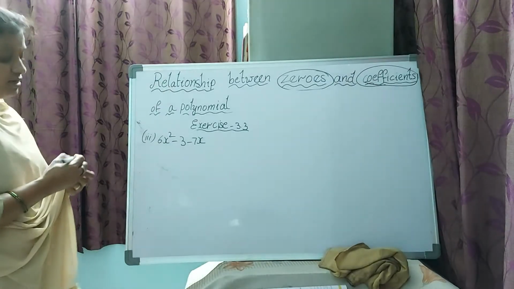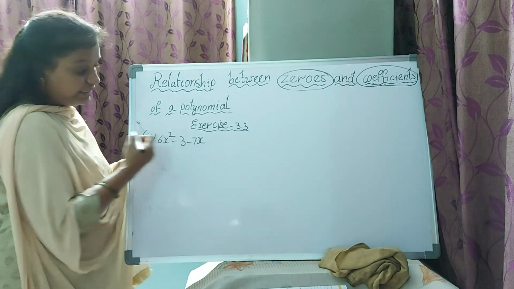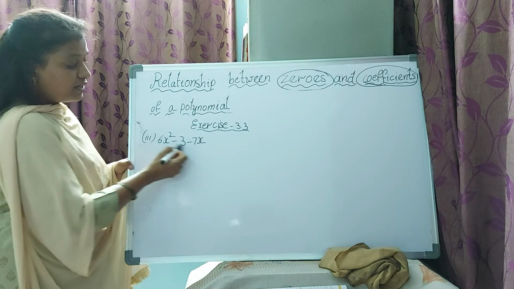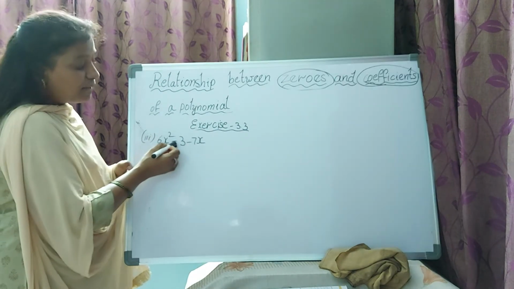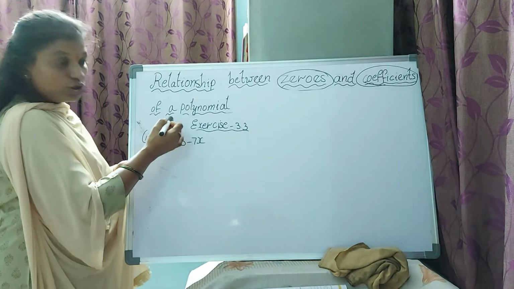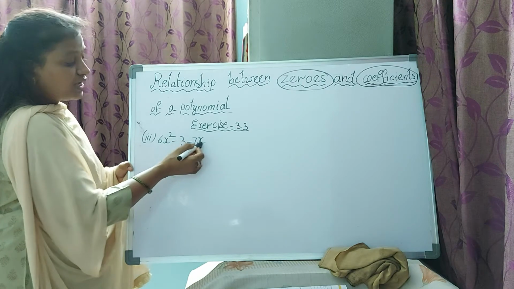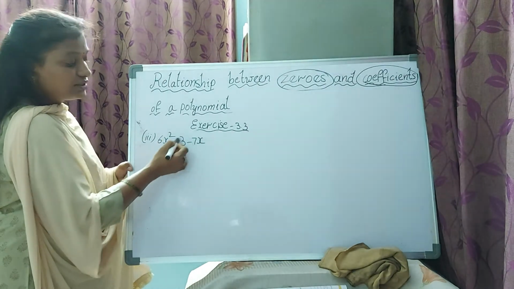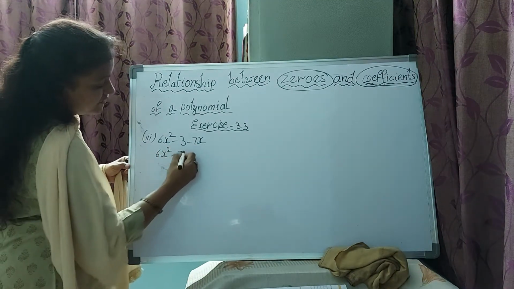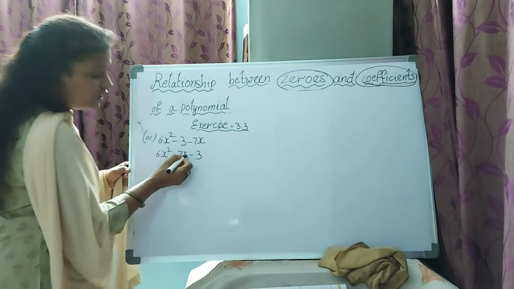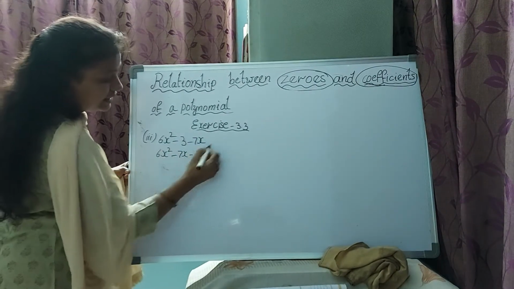Okay, while observing the quadratic polynomial, it is x square first, 6x square minus 3. This is the constant term, so change this. This is the x term, the x coefficient, and this is the constant. So rewrite it as 6x square minus 7x minus 3. Now take the factors for 6 3s are 18.